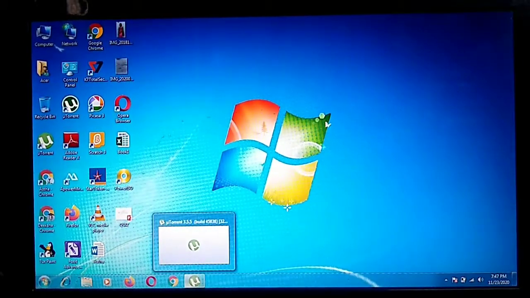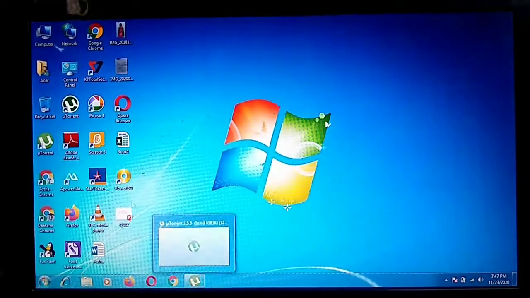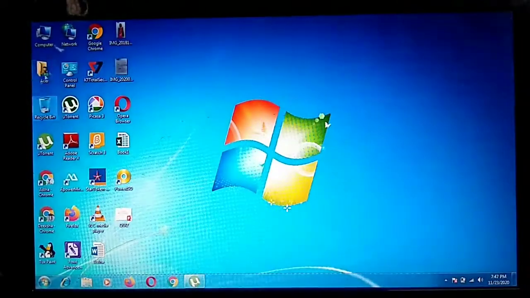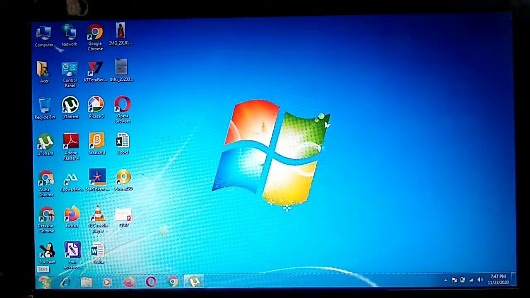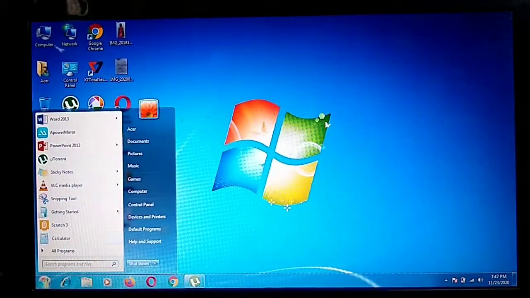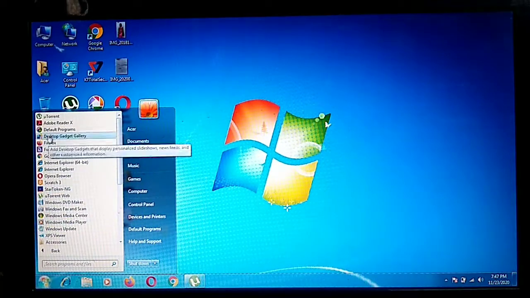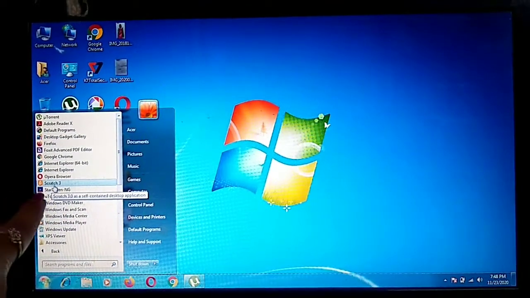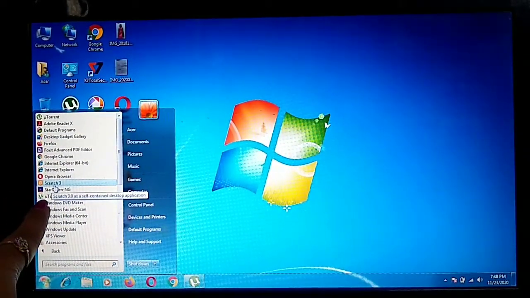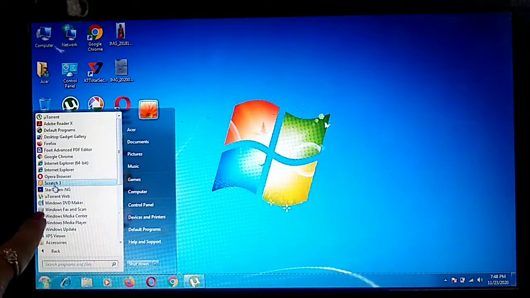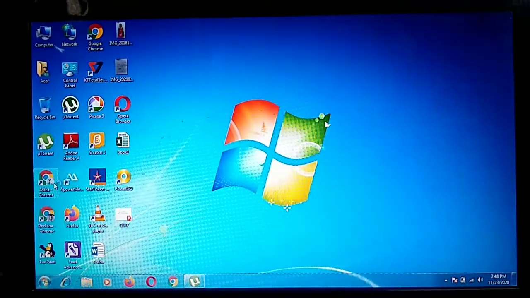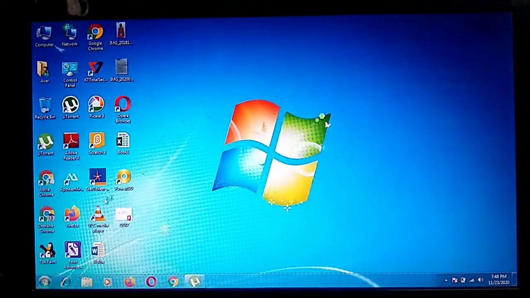Now see page number 61. Now I am going to tell you how to start Scratch. For starting Scratch, you have to go to your start button. Here you have to search for Scratch in all programs. If you have it on your computer, it will be shown. So double click on this. This will open Scratch on your computer.